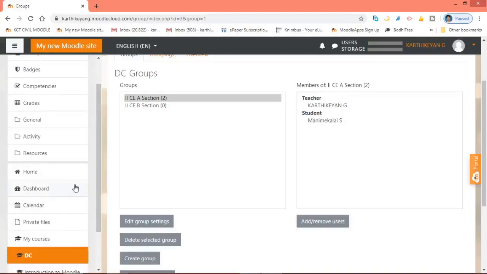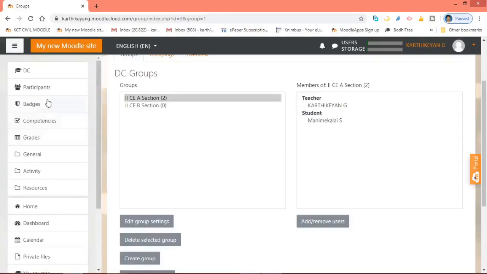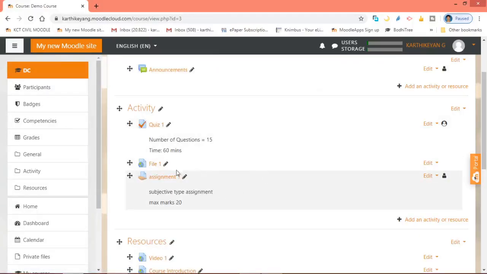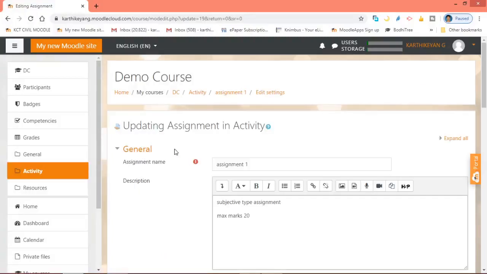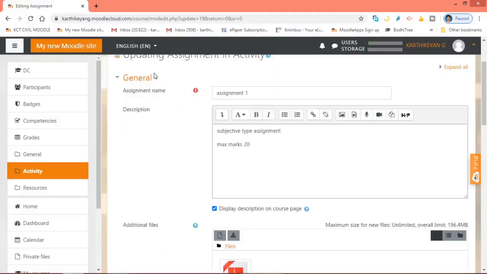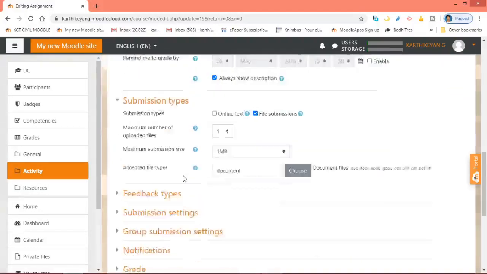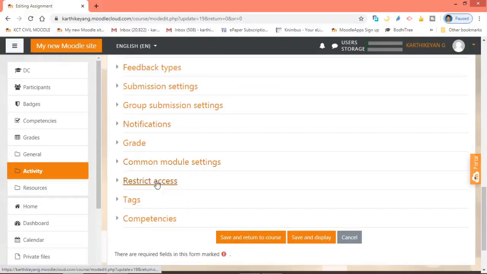For that, I am going to the course. Suppose now I am going to share this assignment to my class students. Suppose I am handling class for A section. I am going to share this assignment to my A section students. So for that, go to edit settings. After clicking the edit settings button, the window will look like this. I directly come to here. There is restrict access,